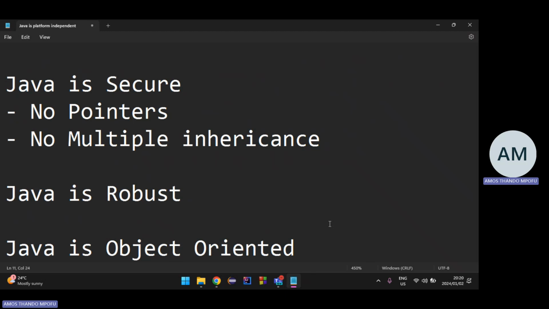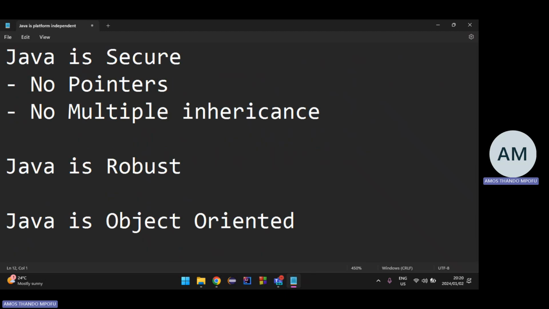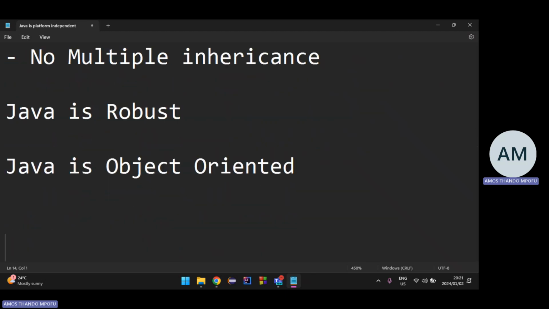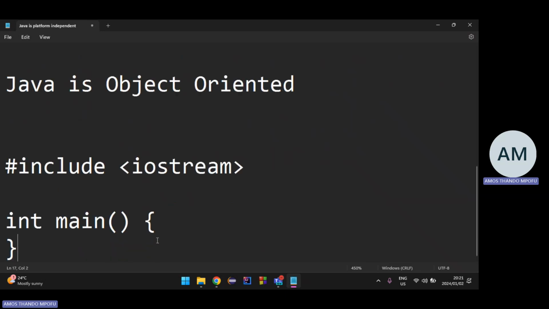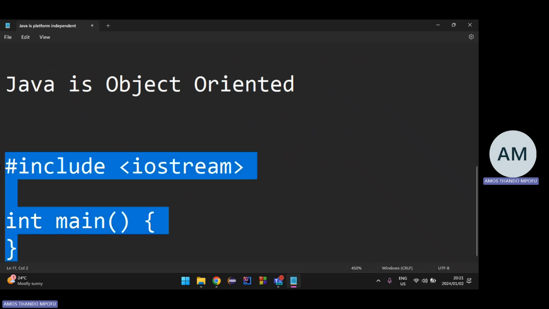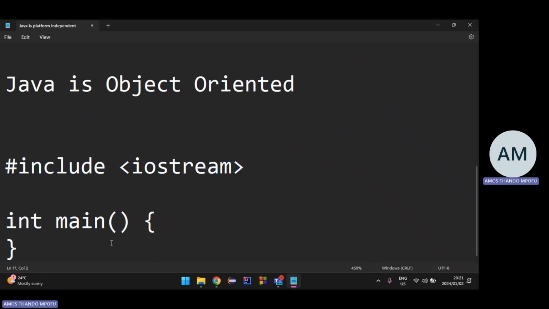So if you check the structure of C++, you have #include <iostream>, and then you have int main. This is the structure of a main.cpp file that's going to serve as an entry point for your program to run, so it's going to need a main function.